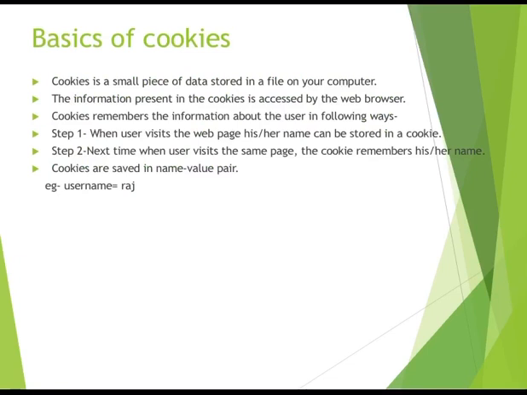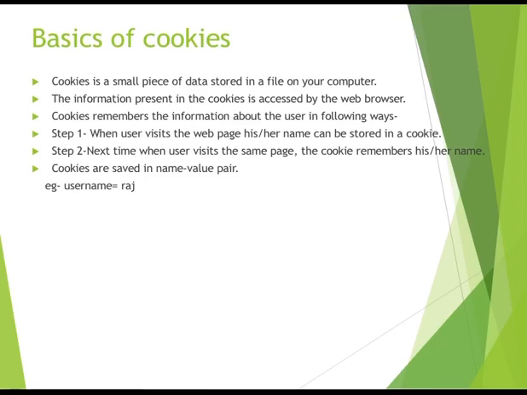Okay. So what exactly is a cookie? A cookie is basically a small piece of data that is stored in a file on your computer. For example, when you are opening a browser and doing certain searches, your history, that is, your cookie, stores the information. That cookie is stored in the computer, and next time when the user opens the browser, that cookie is returned, meaning it stores the data related to the user.